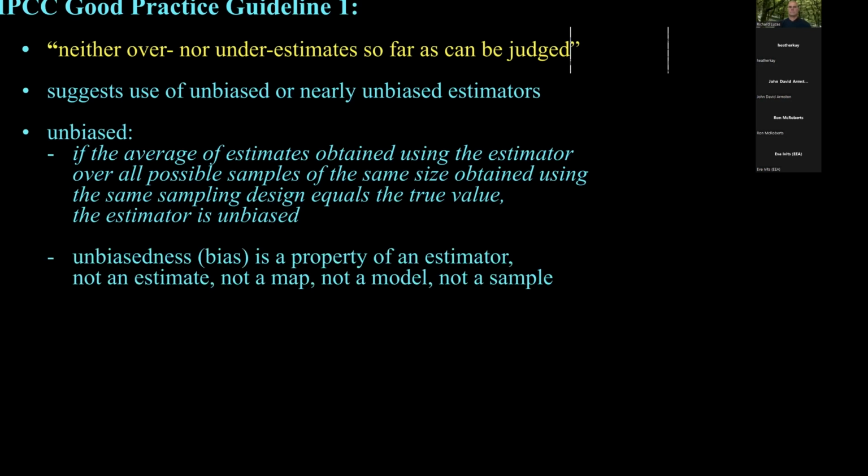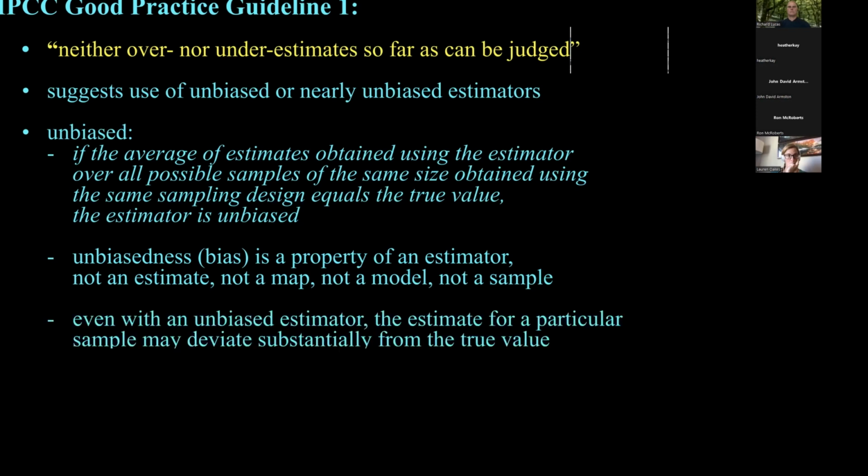The issue is that unbiasedness, or bias, is a property of an estimator, not an estimate, not a prediction, not a map, not a model, not a sample. I cringe every time I review a paper and I hear reference to an unbiased estimate. Well, what does that mean? That it equals the true value? Well, how do you know if you don't know the true value? And if you do know the true value, why do you need an estimate? So let's be sure we understand what biased and unbiased means. With the IPCC good practice guideline, we want to use an estimator that's unbiased. That means on average, it gives the true value. However,